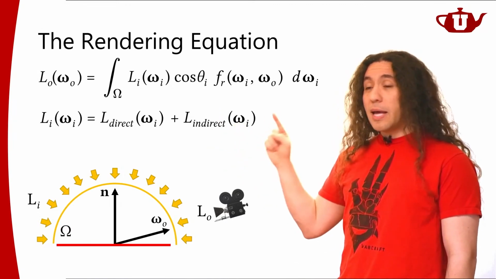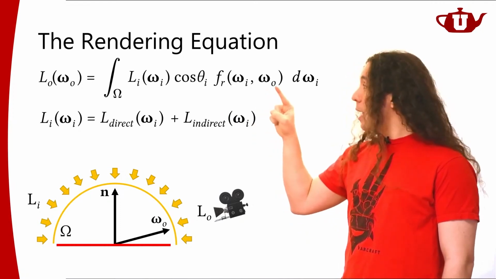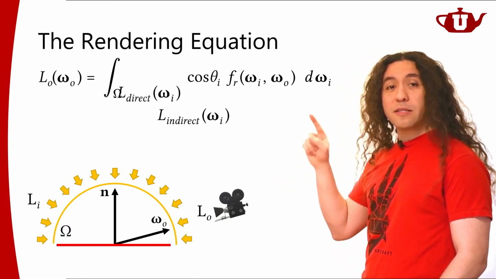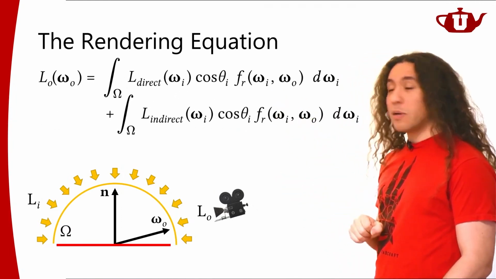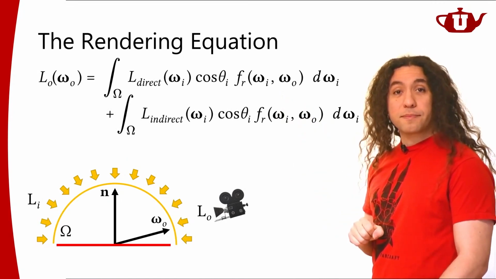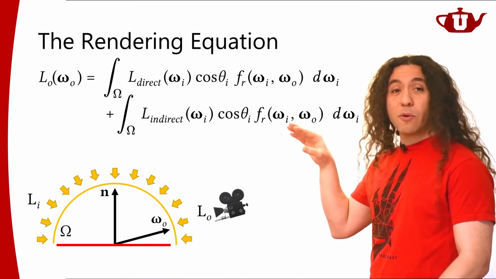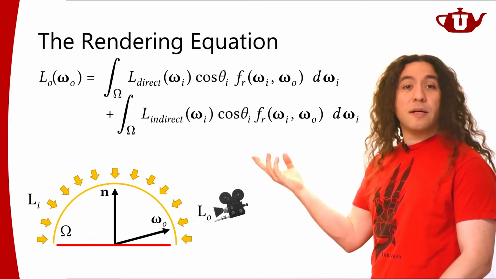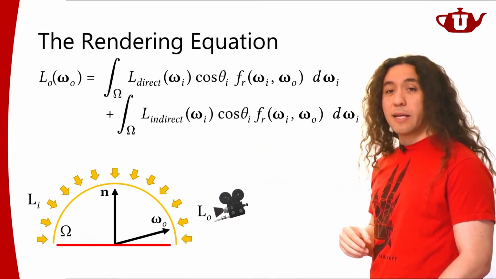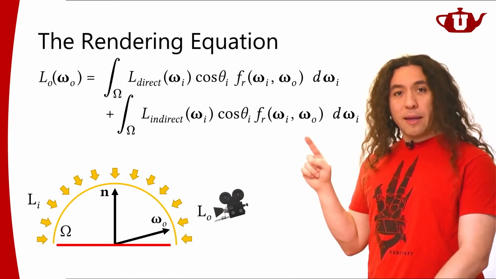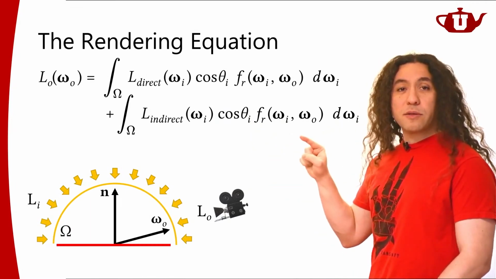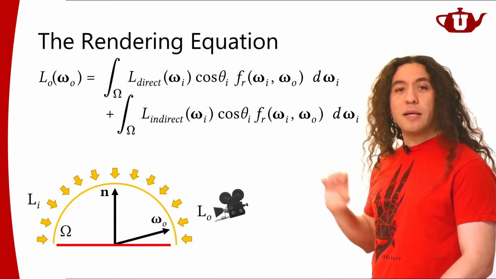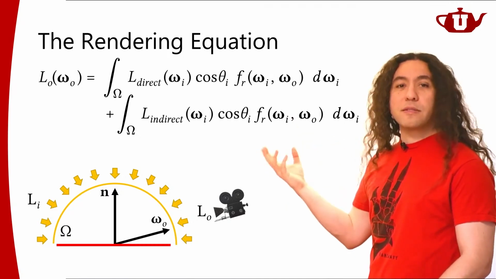Because of this, it makes sense to take this rendering equation and split it into two pieces. One piece will deal with the direct illumination part, and the other piece will deal with the indirect illumination part. Okay? This is still the same equation. I just took the incoming light and split it into two. It's a sum of two types of light, so I can write it in this form. And this will allow me to use different algorithms for computing indirect illumination and for computing direct illumination. So I can completely separate them.